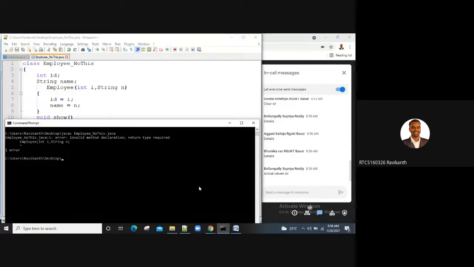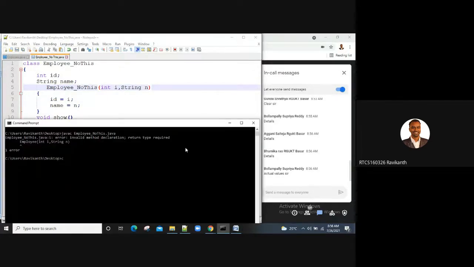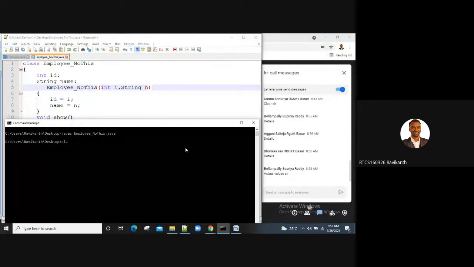Something went wrong. Okay, actually constructor. So everybody wants to go with actual values. Okay, let's try. Perfect. You've got the details. You've got the actual values.